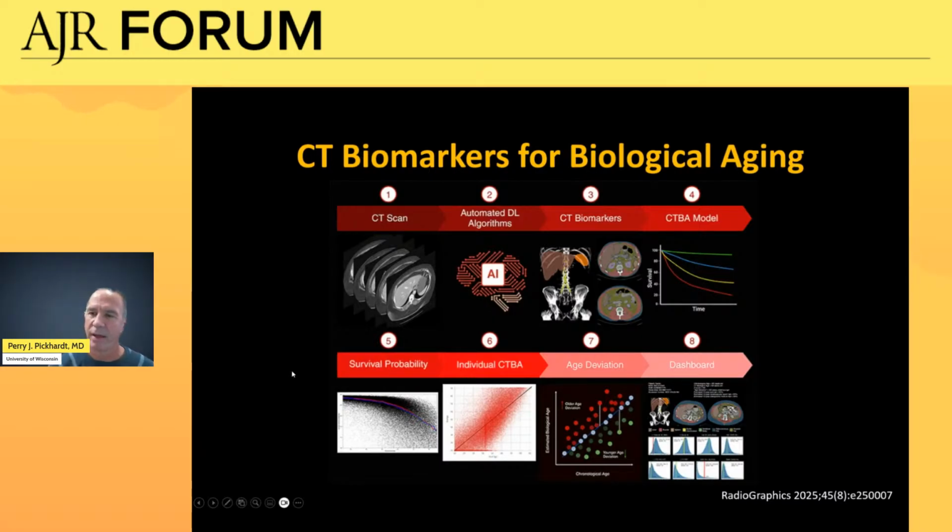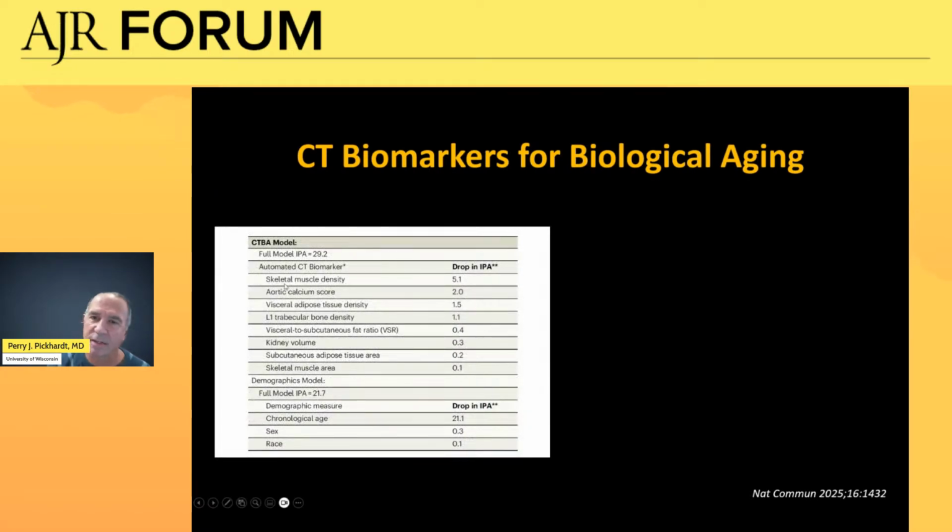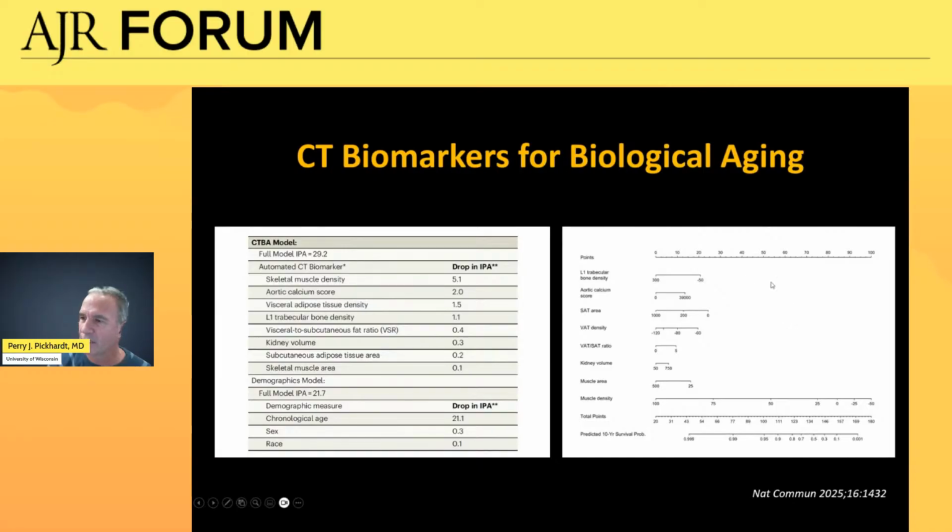And then lastly, the last topic is we're really interested in using these CT biomarkers in a composite model, with the output being one's biological or effective age relative to their chronological age, which can, of course, differ. And again, the things driving this are muscle density, aortic calcium score, and then the third one is visceral fat density, not amount, but density. So it's interesting how density really plays a major role in some of these models. We can show this in an individual. You can derive a nomogram to get this